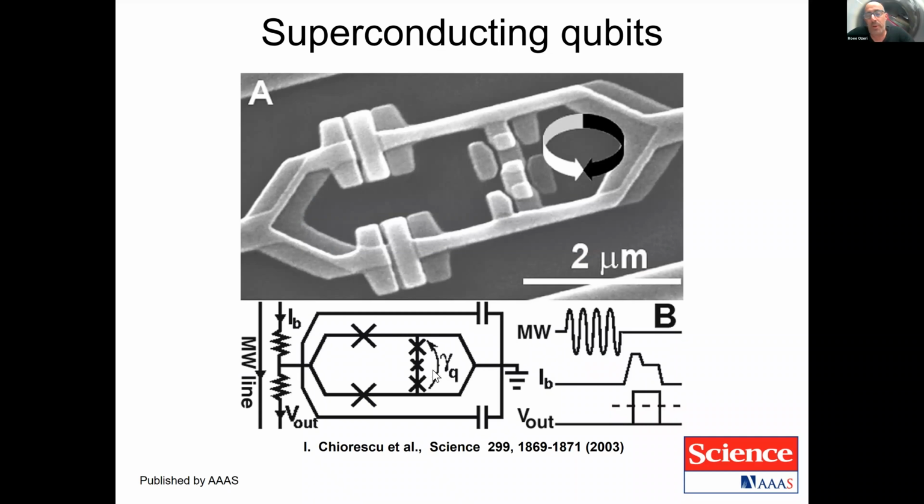Another very successful approach, perhaps the most abundant approach today in the industry, is that of using superconducting circuits, superconducting qubits. These are electric circuits that are made out of superconducting materials. Superconducting materials are materials that do not have any resistance. And these circuits, again, behave very much like artificial atoms. If you want to work with these qubits, by the way, both these superconducting qubits as well as the previous quantum dot qubits, you have to work at extremely low temperatures, about a 1,000th of a degree, or 1/100th of a degree, above absolute zero temperature.